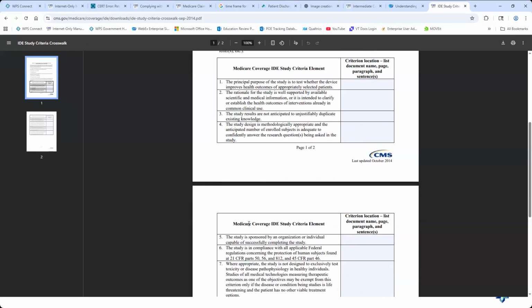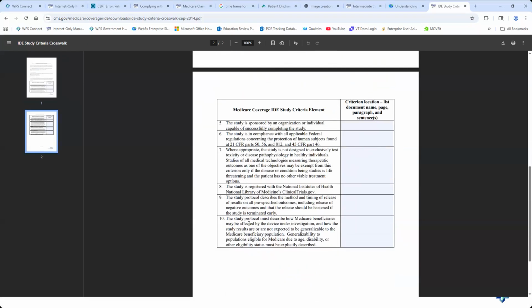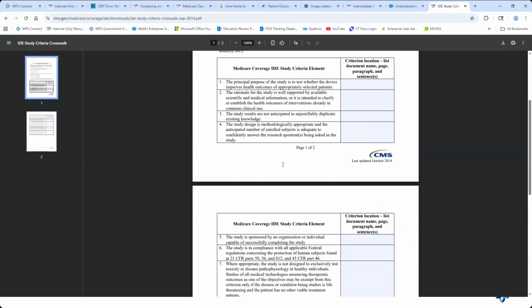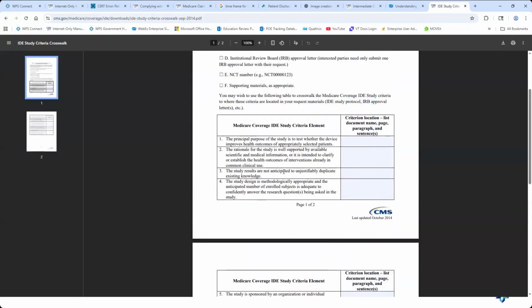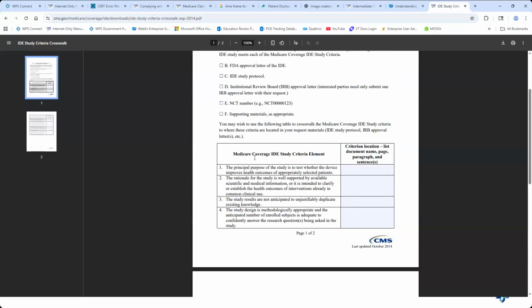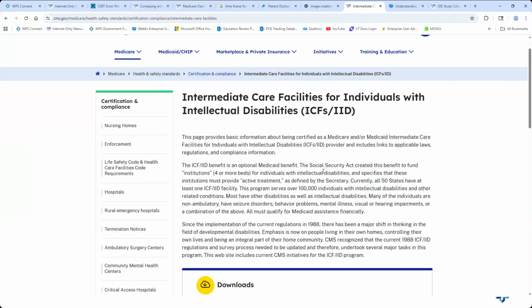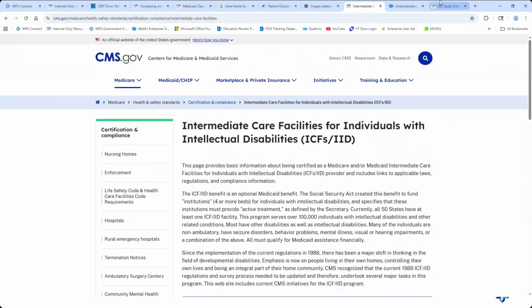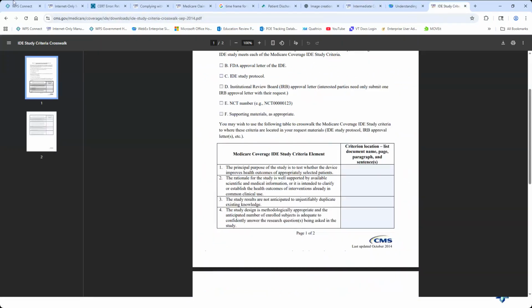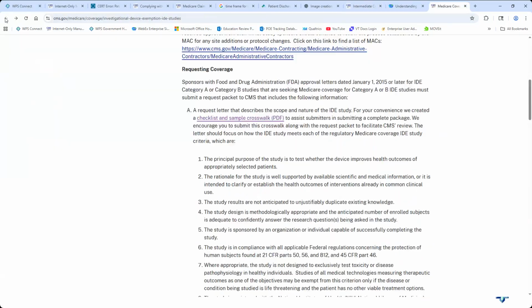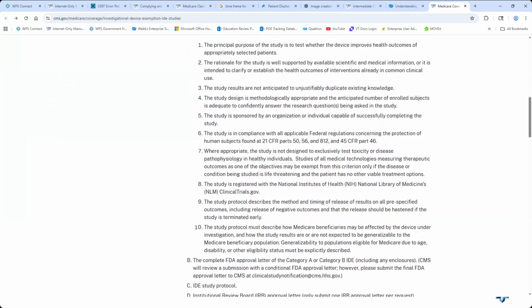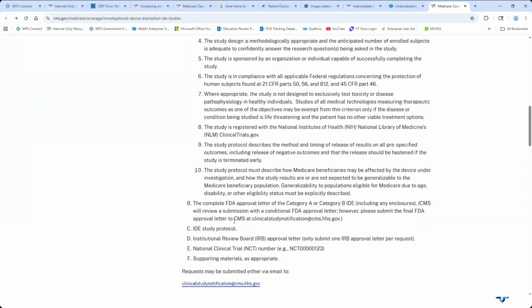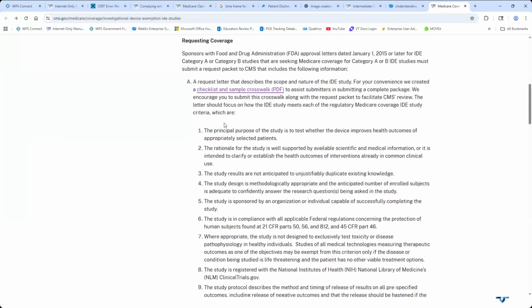Down here, items 1 through 10 that are listed on the bottom of this checklist, those are the items that are on the previous page. Let's just go back this way. All right. Those are the items that are listed here. It's just all in one nice place to look.